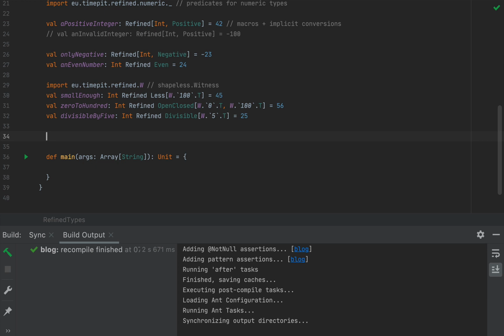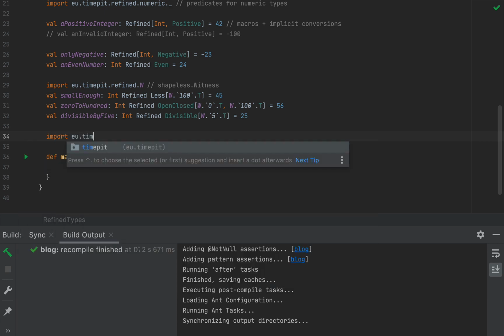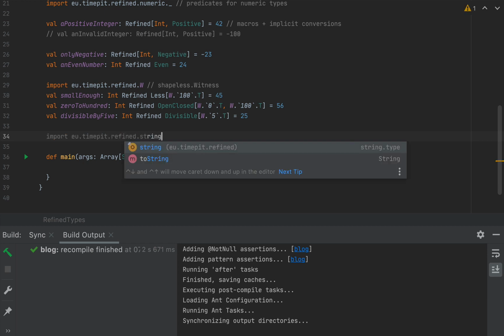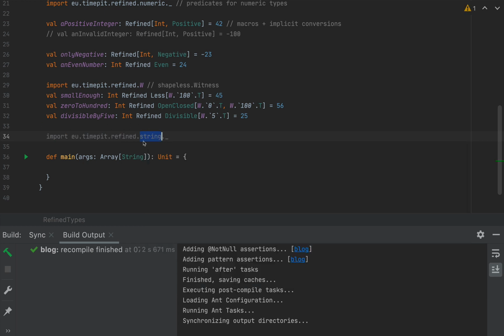So I'm going to say import eu.timepit.refined.string._, as we did earlier with numeric, and I'm going to define a refined string. For example, I'm going to mandate that a string must end with a certain character. I'm going to use the example of a command prompt, which in most terminals ends with a $ sign. So I'm going to say command prompt